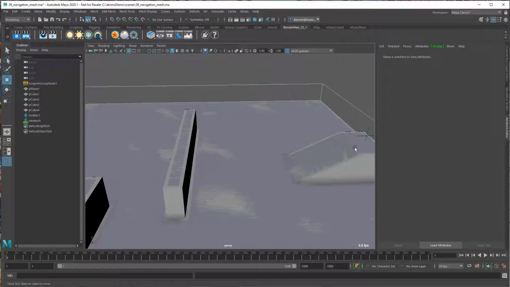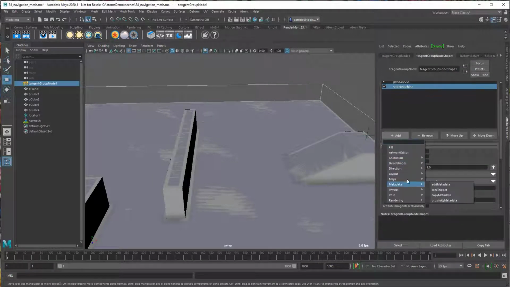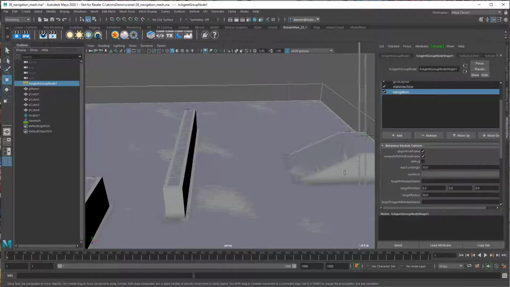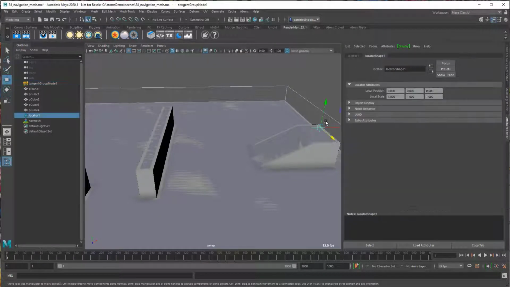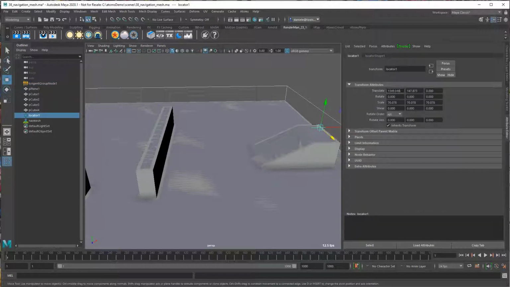So let's add the navigation module. You can go for direction here. In the navigation module, we need to set up the nav mesh that we created. Then we can set a target position. We can use an explicit position here, or use a vector-free metadata containing a position, which can be set up from another behavior module. In this case, just take the component of this guy here. So it's this one, copy, and 150, oops,